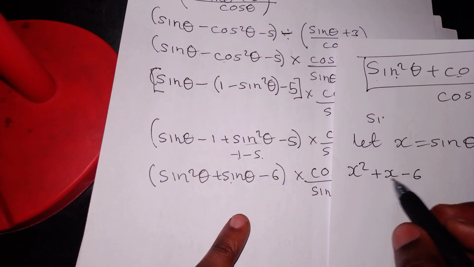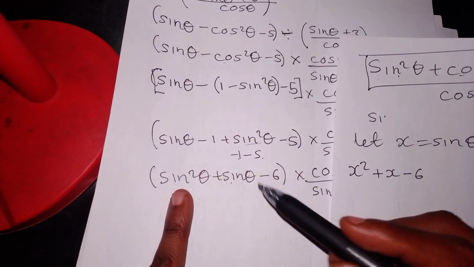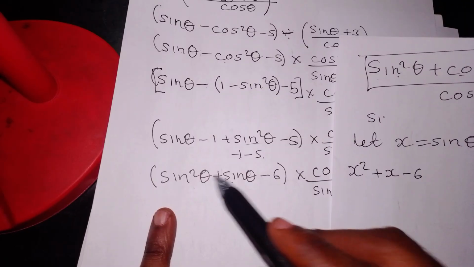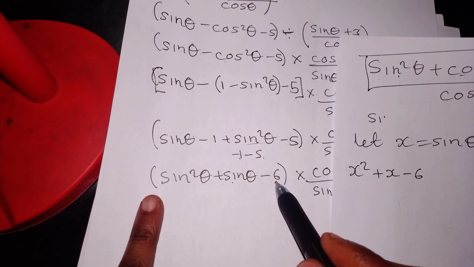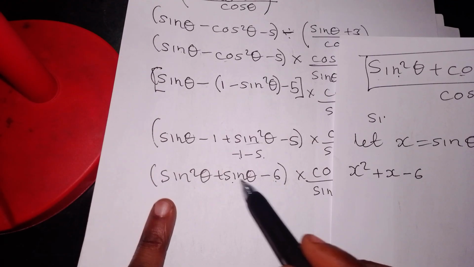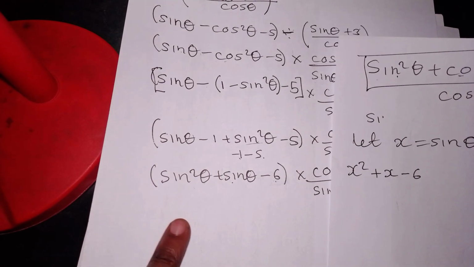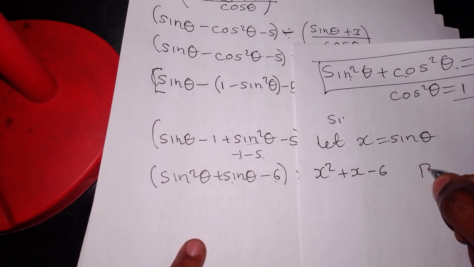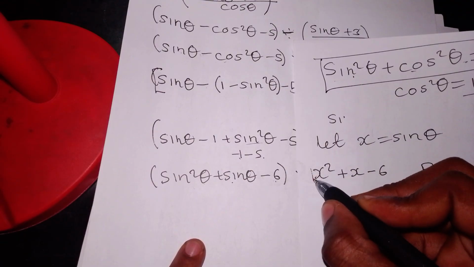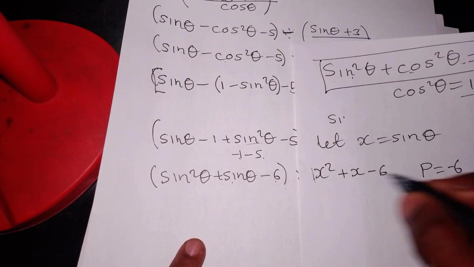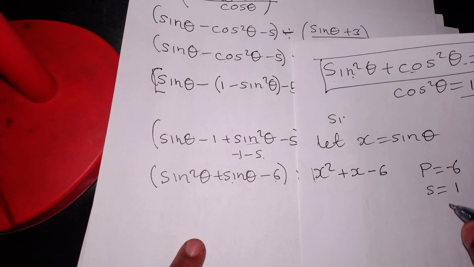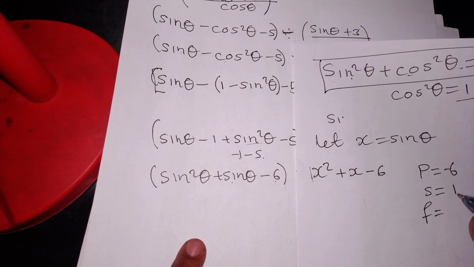This is much easier to factorize than that. But if you can factorize it like this by saying the product is the coefficient of this and that, which is -6, and then the sum is a 1, then that's okay too. So the product is the coefficient of this times this, which is -6, and then the sum is a 1. So the factors here will be,